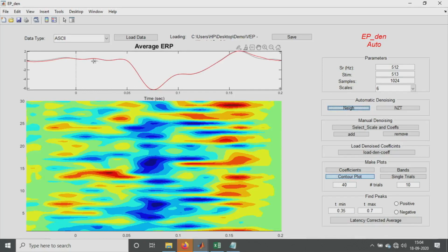The color before was the original data set which we gave, and after doing the denoising we have obtained the red colored waveform which gives the denoised data set. Here we can clearly see the blue color is the positive peak, and the red color is the negative peak that has been obtained.